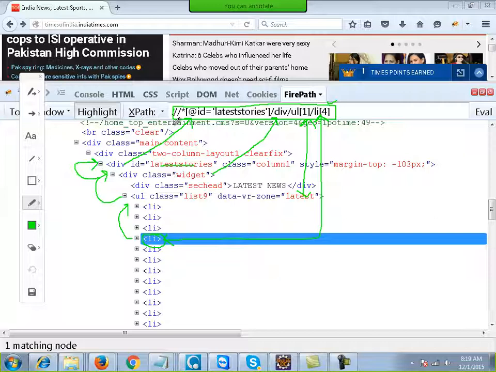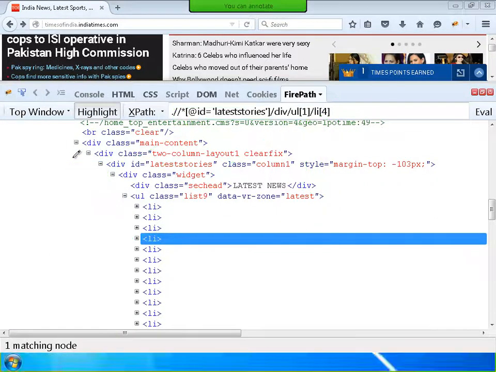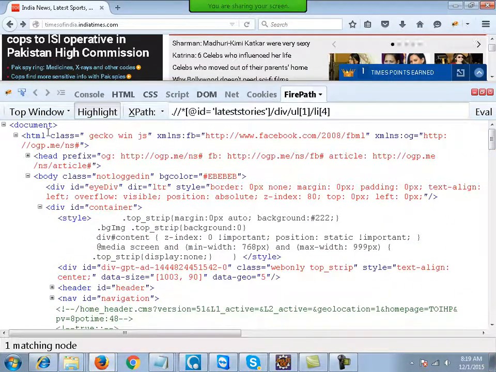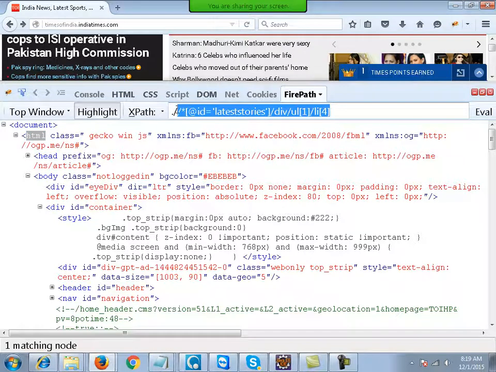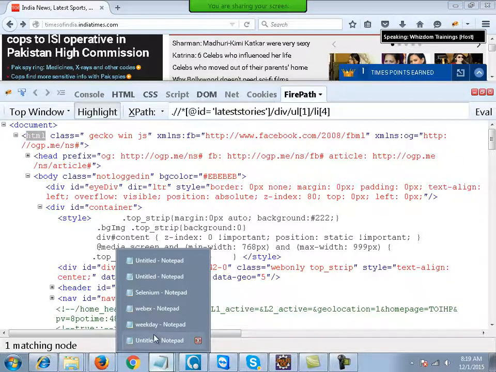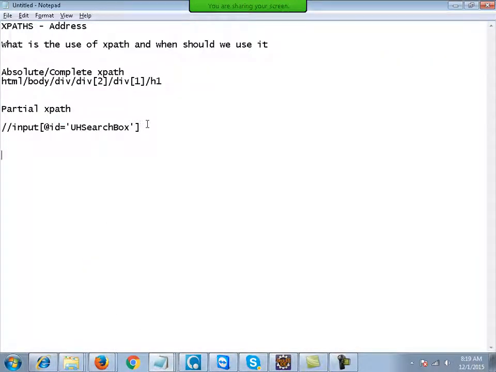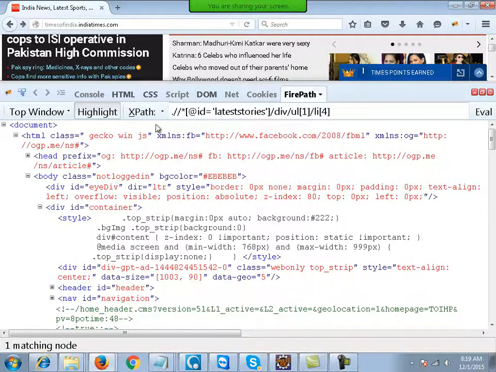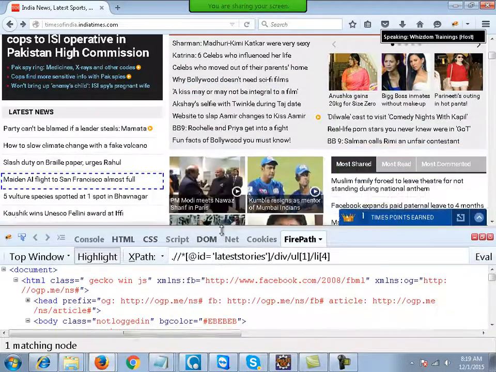This is partial XPath. Complete XPath will always start from the root of the document. It will start from this HTML tag. This is partial XPath. If I copy this XPath and place it out here, this will be partial XPath, right? And if I select the option generate absolute XPath, and if I look at this link,